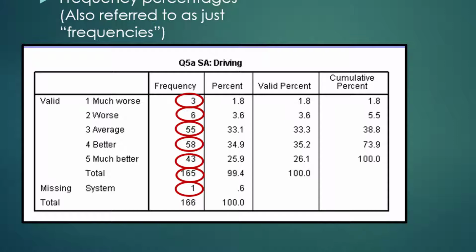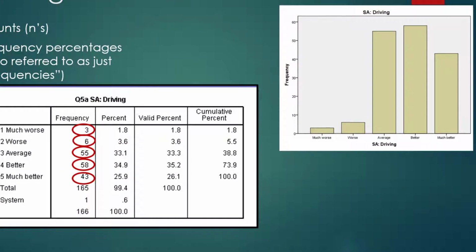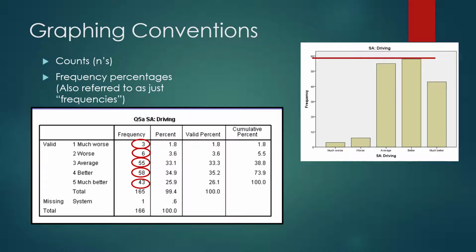But those 3 people who said much worse represent about 2% of the entire sample, in this case, of 166 people, 1.8% to be exact. And notice that we tend to round to the nearest whole number when talking about percentages, because 1.8% implies a certainty that, because we are using a sample, we really don't want to communicate. Those 58 people who said better represent about 35% of the sample. If you use SPSS's graphs, it graphs based on counts. As you can see, the better category graphs at slightly below 60, which equates to the 58 people, not the 35%. So using counts is misleading. You want to use percentages.